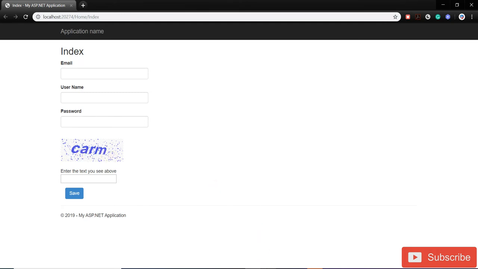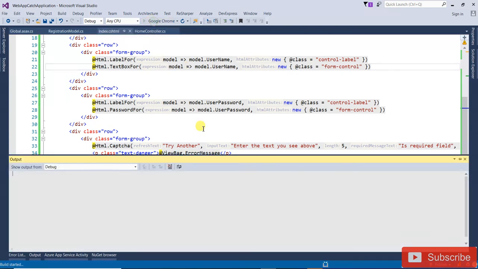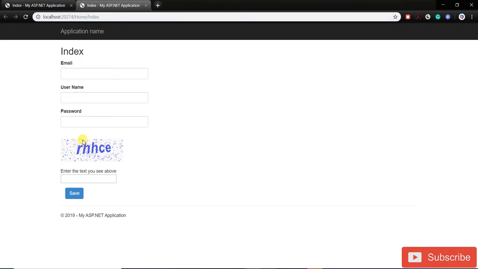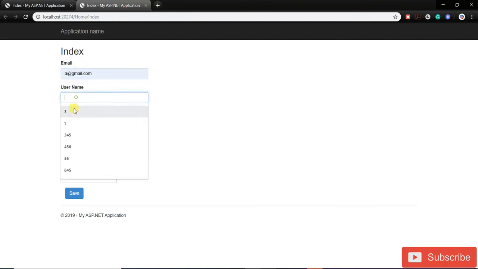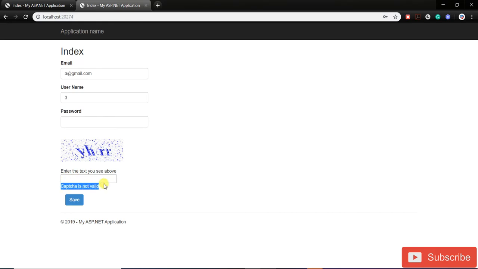If you want to change 3 or make it 5, just change this one to 5, but stop debugging and rerun again. Now you can see that 5 characters are coming. So now it's case sensitive. You cannot write a capital letter H C E. If you write like that and click, then it will say that captcha is not valid. But if you enter the correct characters, and then enter the password, if you save,